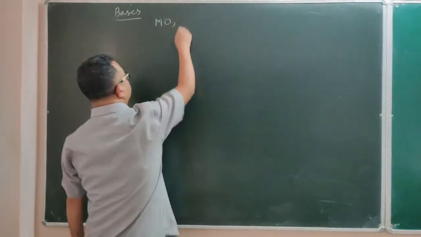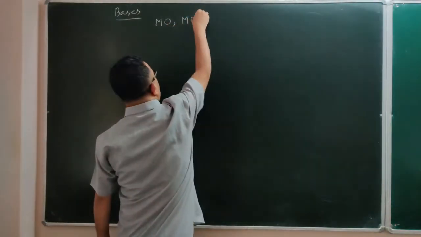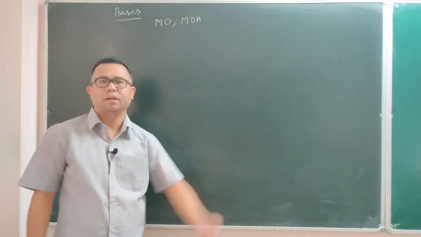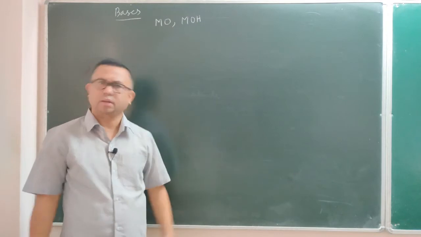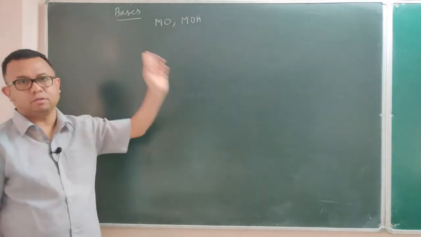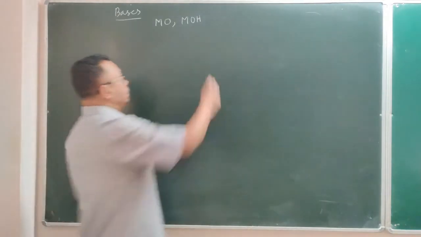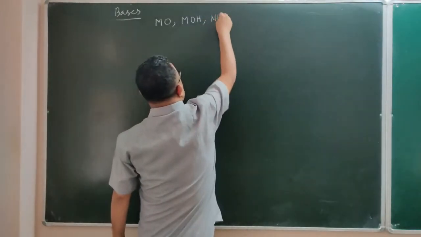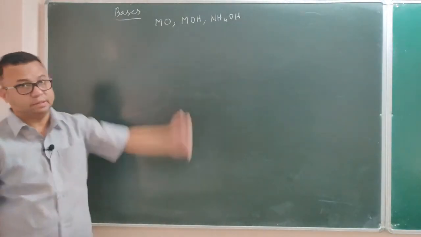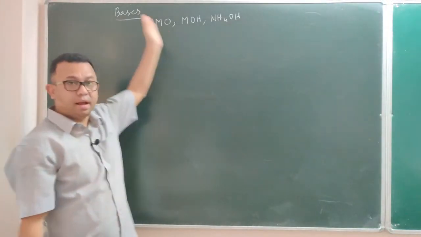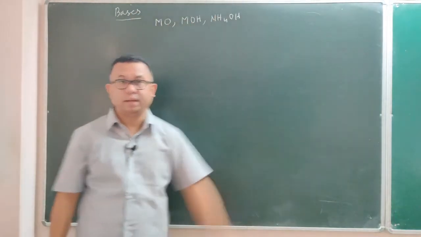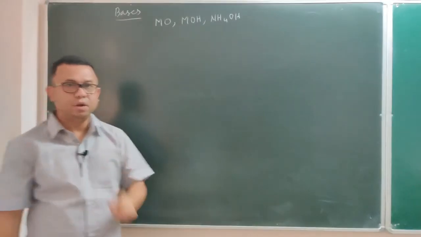It may be a metallic oxide or it may be a metallic hydroxide. So since I said copper oxide, then same thing you can include copper hydroxide, zinc hydroxide, magnesium hydroxide. So either metallic oxides or metallic hydroxides, and also one more thing, it can also be ammonium hydroxide. So when you define it, you will have to take the name of these three. So it may be either a metallic oxide or a metallic hydroxide or ammonium hydroxide, which reacts with hydronium ions